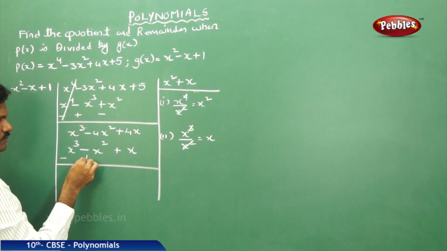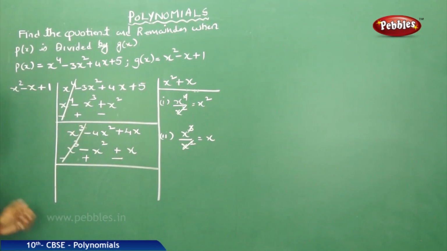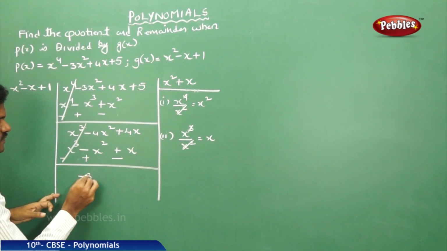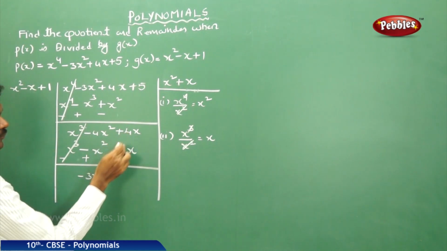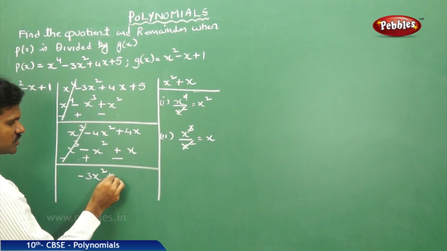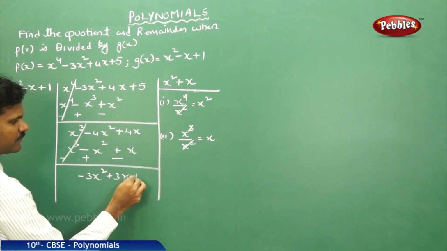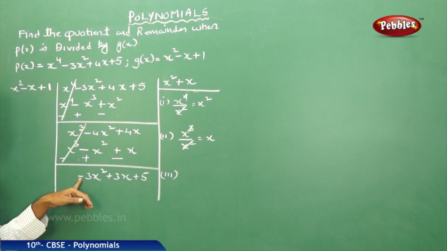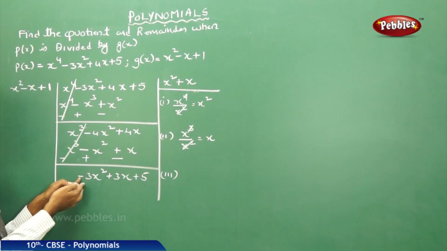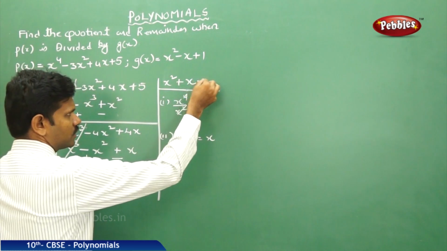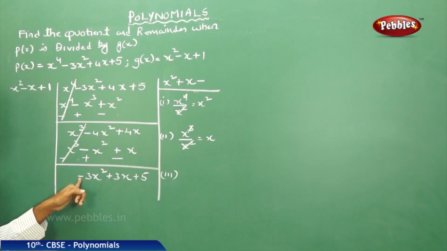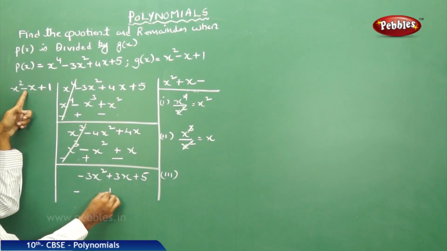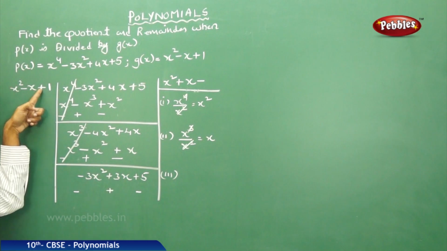Now minus plus minus cancel. Minus 4x square plus x square gives you minus 3x square, plus 4x minus x gives you plus 3x plus 5. Third cancellation: whenever you have a minus symbol here, immediately that symbol will be shifted here and then change the sign, the total sign. If there is a plus, write minus; if minus, write plus; if plus, next minus.